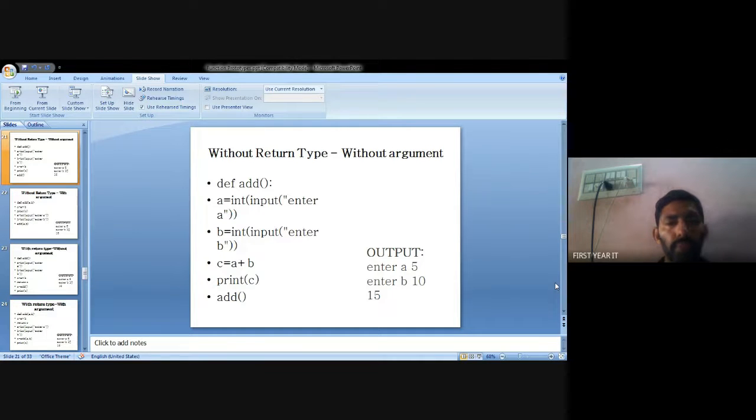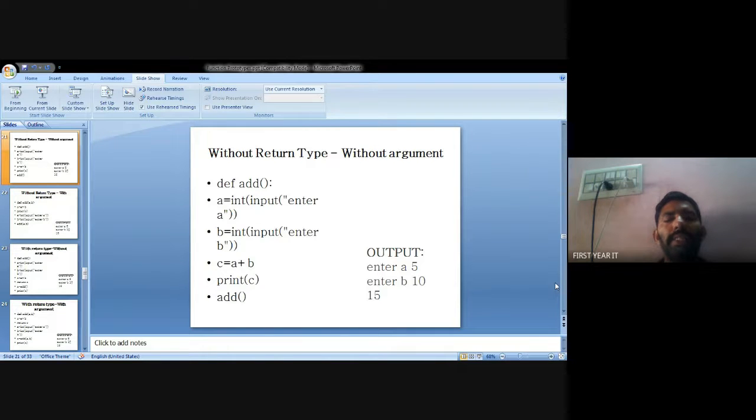Example, we have defined add, which is a sub function. In this sub function, we get two input values: a equals int input, and b equals int input. So I get the a and b values. Then I put in the a value as 5 and b value as 10.